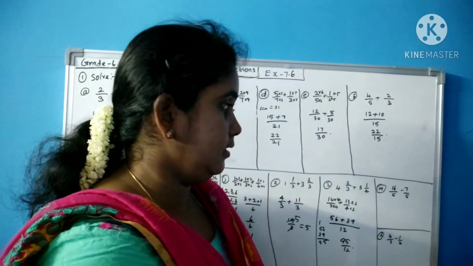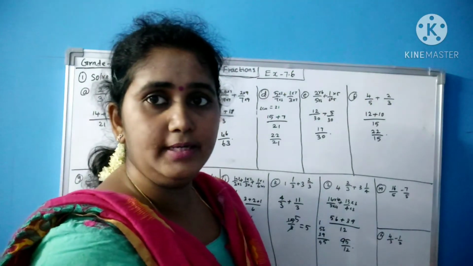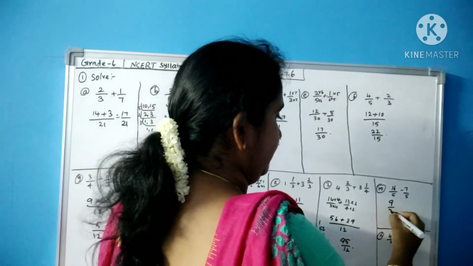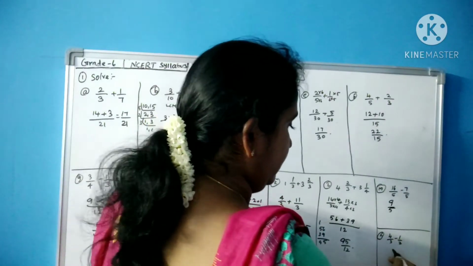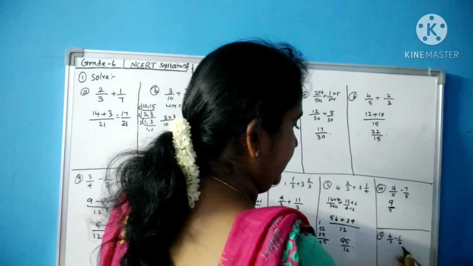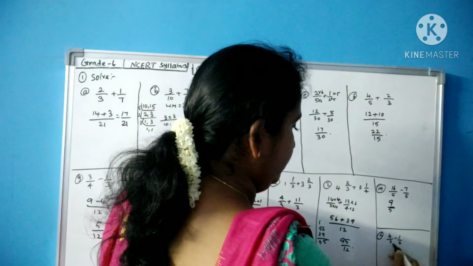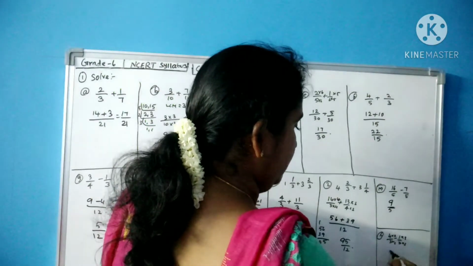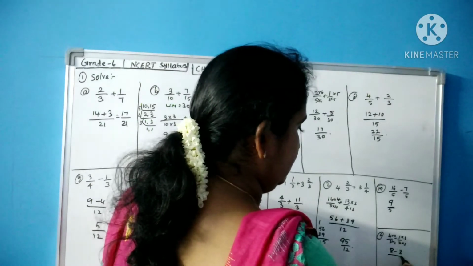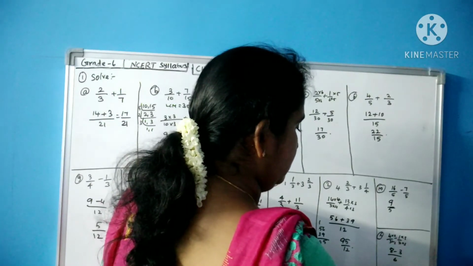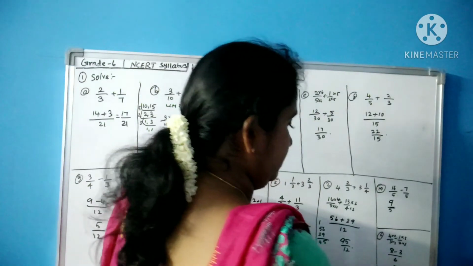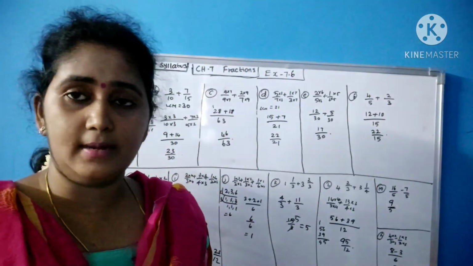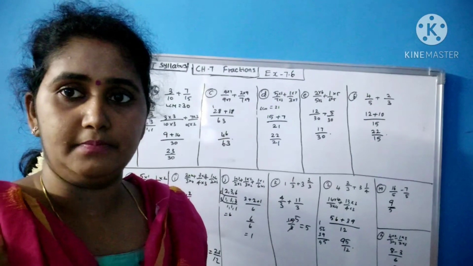The denominators are same. So numerator, see, it is 16 minus 7. 16 minus 7 is what? 9. So 9 by 5 is your answer. So here if you take the LCM, you will get 6. So 3 into 2, 4 into 2, 2 into 3, 1 into 3. 4 2s are 8 minus 3 divided by 6. 8 minus 3 is what? 5. So 5 by 6 is your answer. So the first sum, which is a very big sum, is completed. Now we will move on to the next sum.